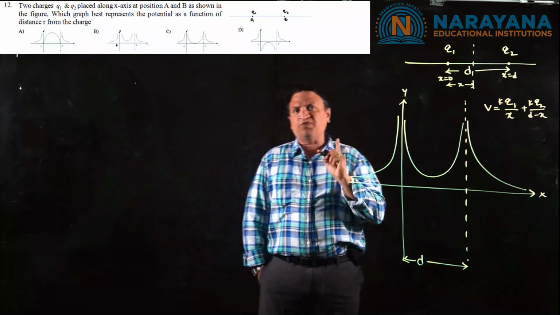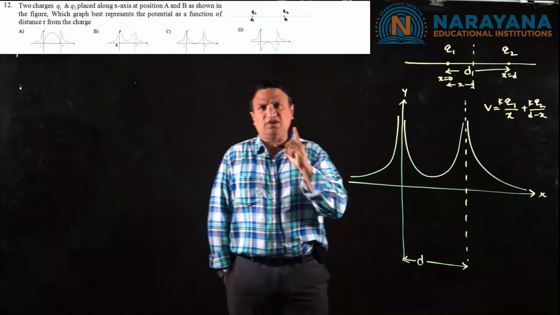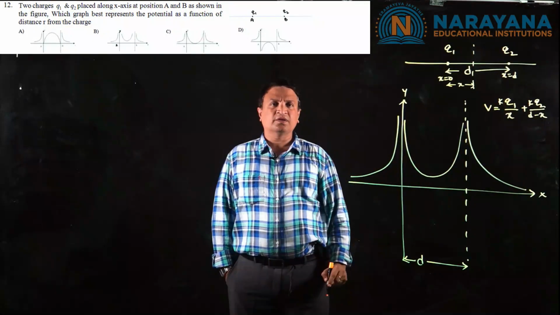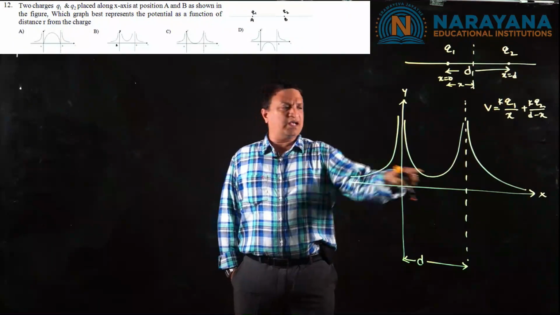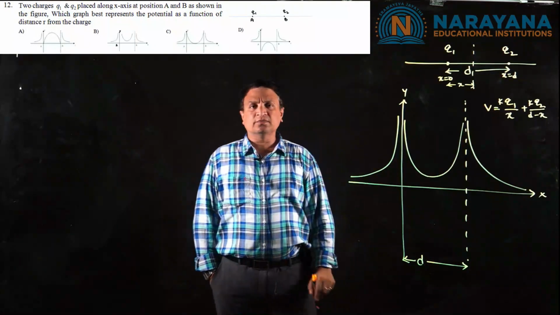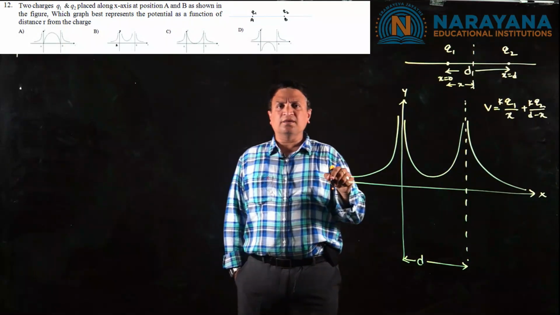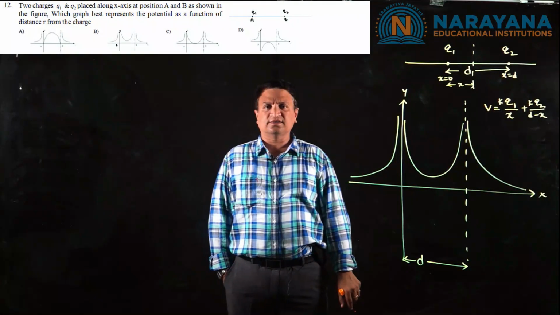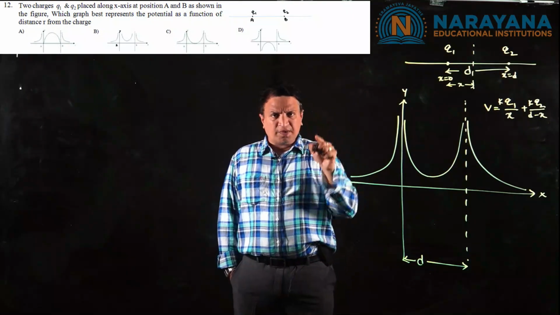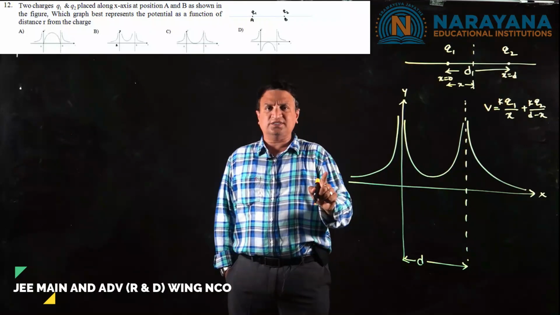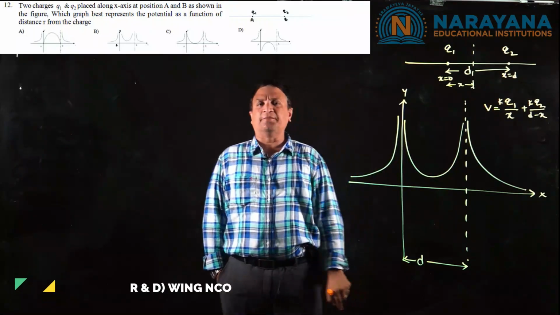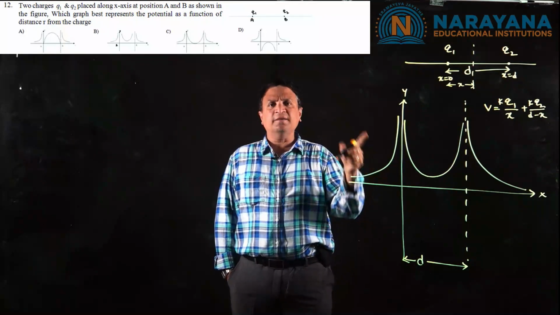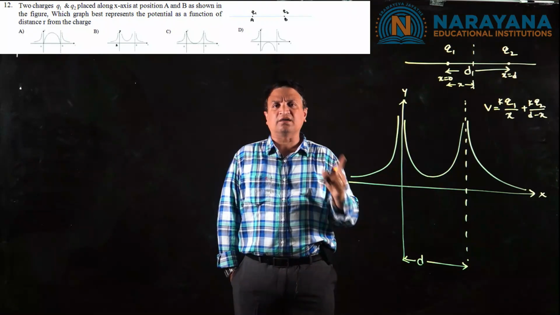There were 4 options given in this question. Please try to understand, you don't require to be a mathematics genius to answer this. The first option A, it was inverted, wrong. In option C, it is almost touching the x-axis. So therefore, on the basis of the oddities in the options, you can identify the correct option. So my option is B, and this is definitely an easy question to solve in electrostatics.